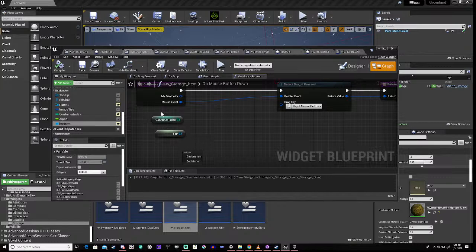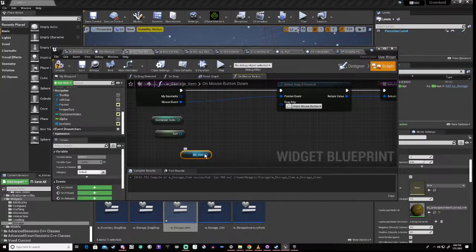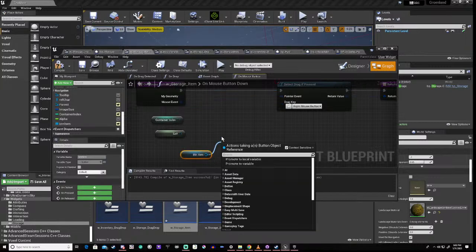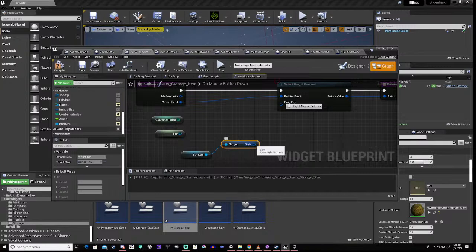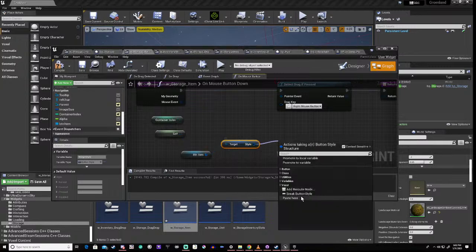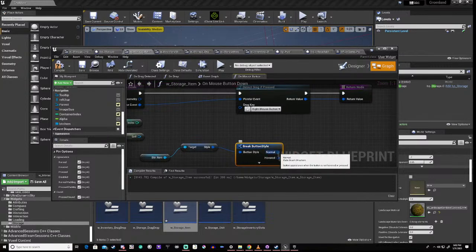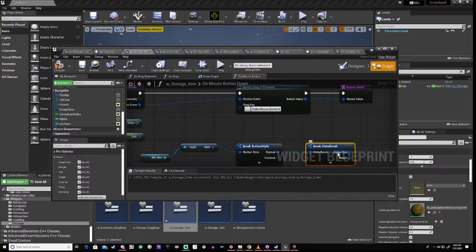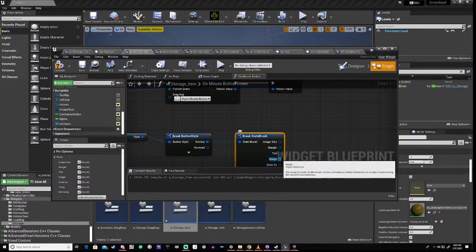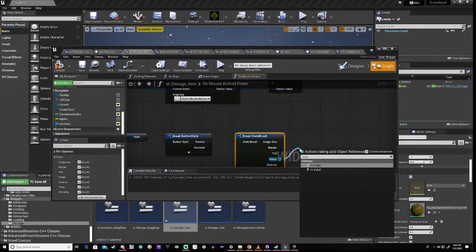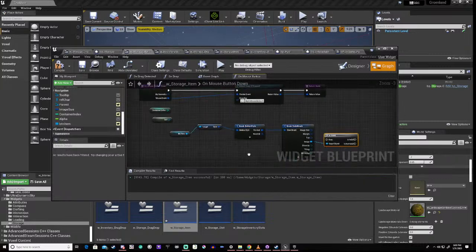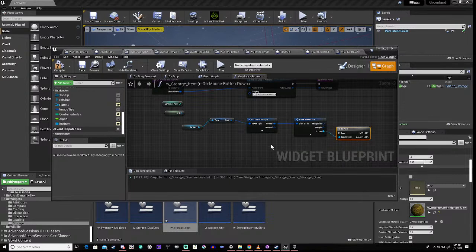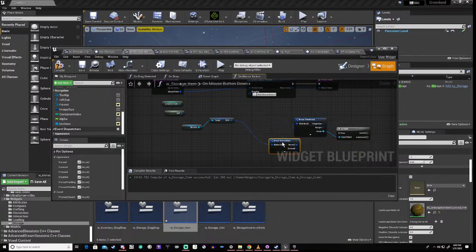Or we can check this button to find out if we can get the style, and break the button style, then we can break it for the normal, and then we can do is valid, right? So if it's got, I mean, right, okay,